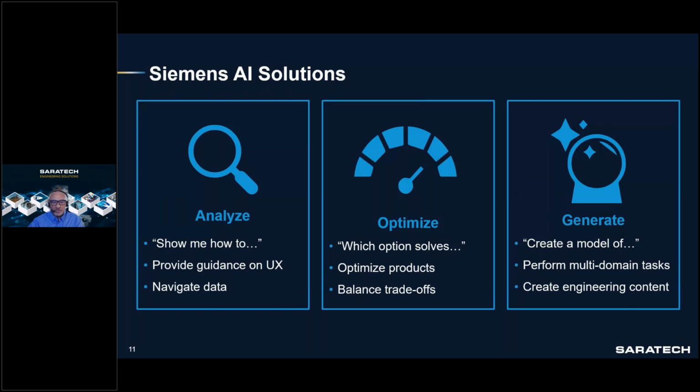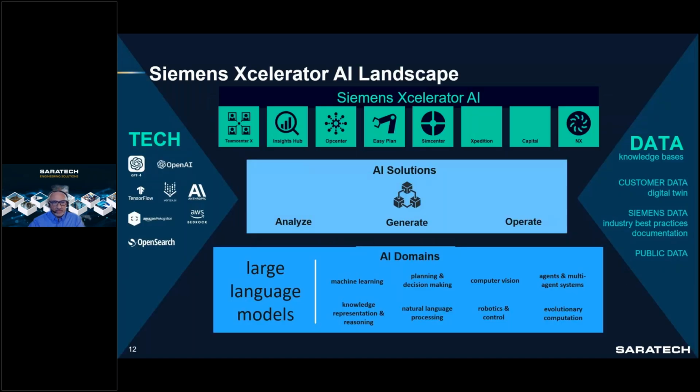It's available with embedded AI capabilities in Siemens solutions. AI is a strategic priority across the Siemens Xcelerator portfolio. There's a lot of investment going on there, and you're going to see release after release with new capabilities. Solutions are focused on generating content, with enhanced user productivity, automation, optimization, and search with discovery capabilities. Siemens employs a range of AI technologies and methods to implement those solutions. The tech stack is modern and continuously evolving, and Siemens has partnerships with OpenAI, Microsoft, and Amazon AWS.